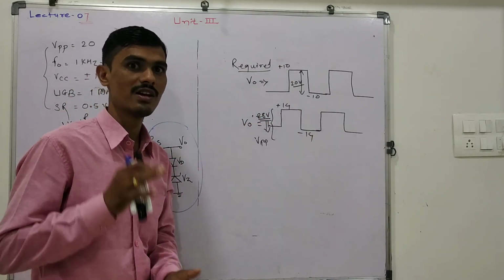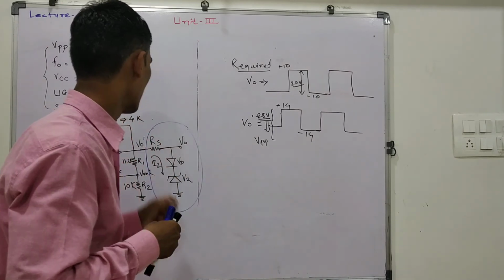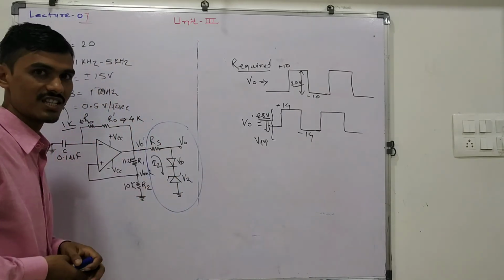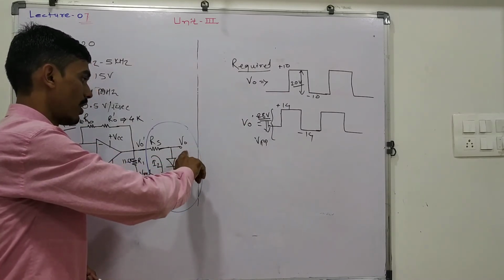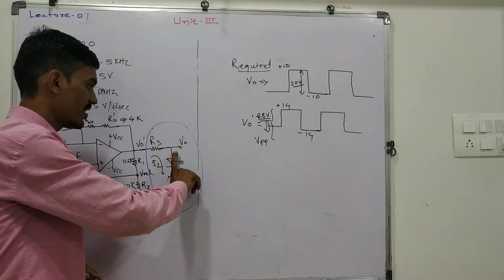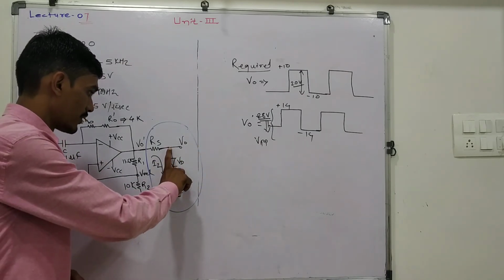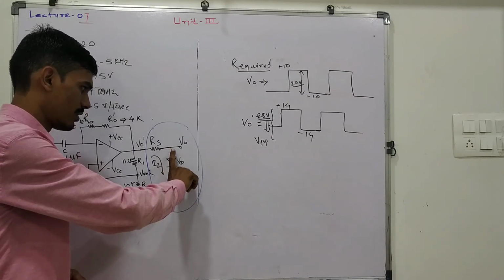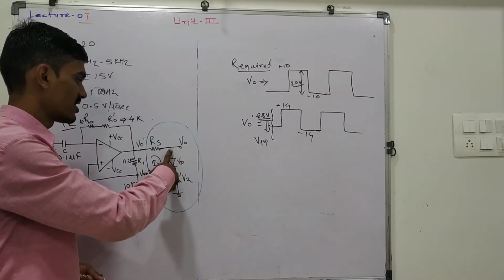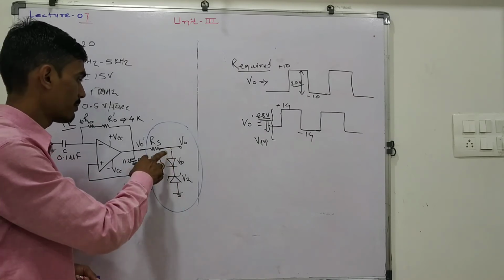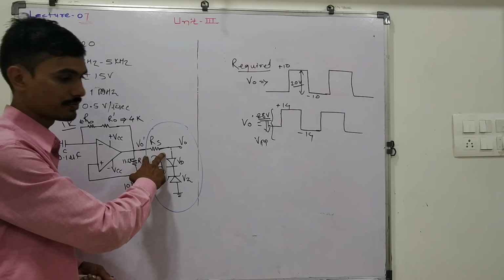So there must be some sort of dropout, and for that dropout we are connecting one series resistance, and to obtain the 10 volt at the output end we are using a pair of diode and Zener diode, because this provides the constant voltage, that is plus minus 10 volt across these two terminals, and the remaining part of the voltage is dropped across the series resistance RS.